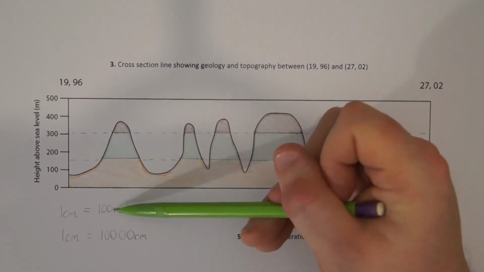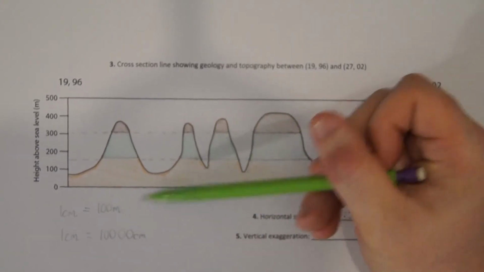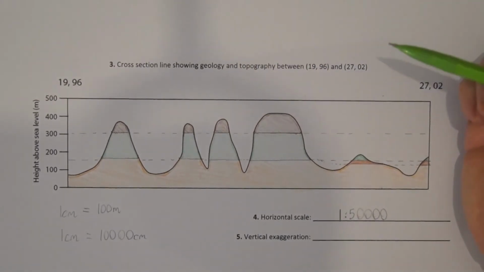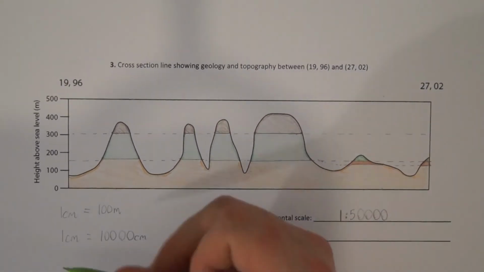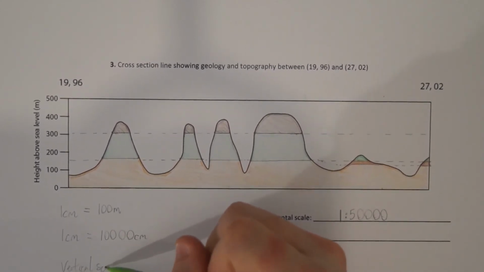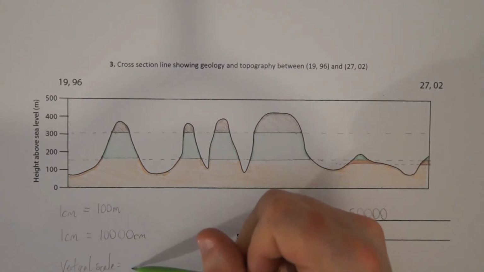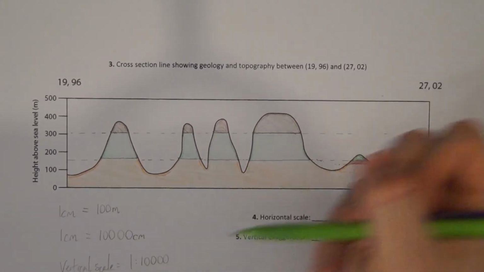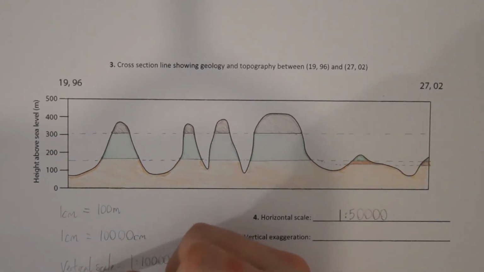To do that, you multiply the number of meters you've got by 100, and that gives you the number of centimetres. So our vertical scale is equal to 1 to 10,000,